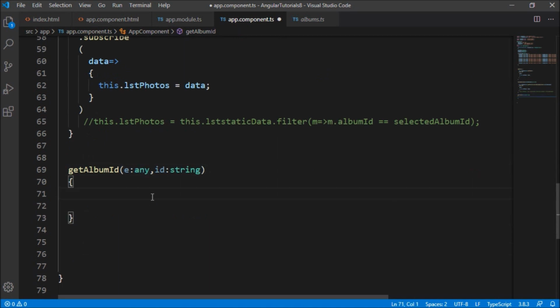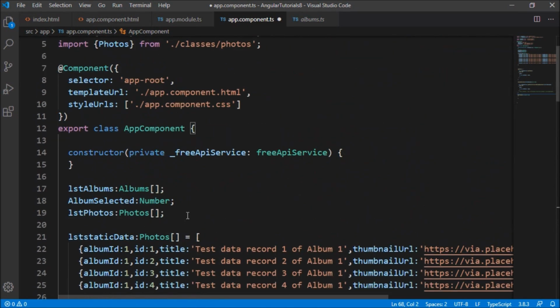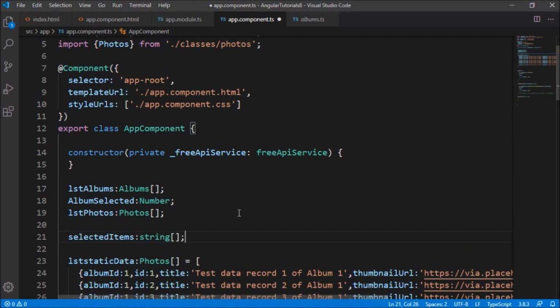Now we'll create a simple array for getting all the selected values from the multiple checkbox. Here I'm going to have selectedItems, an object of type string array.